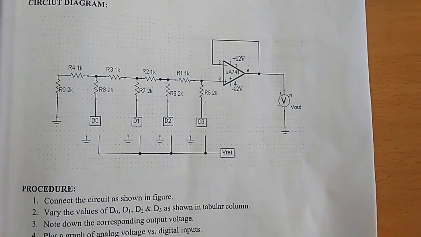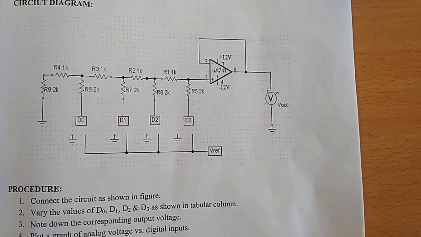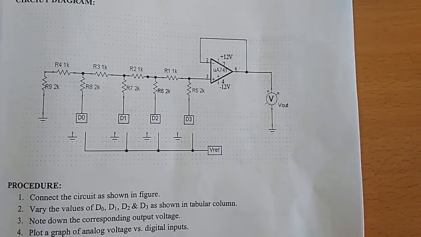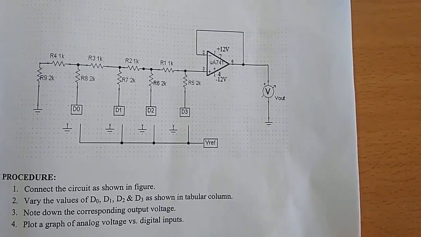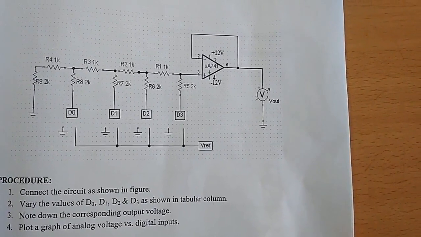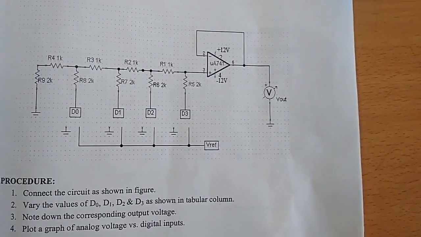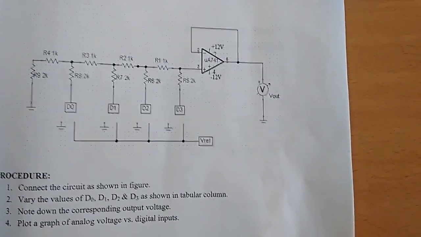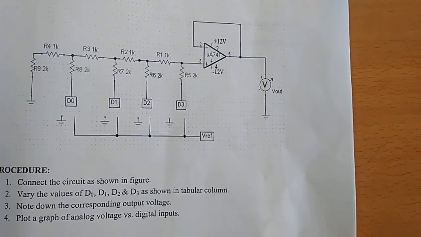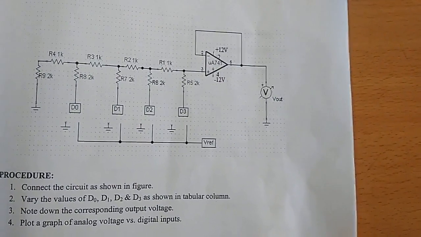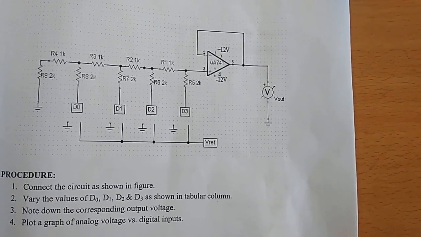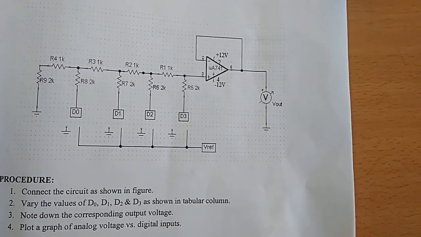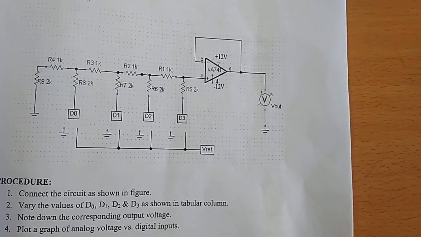D3, D2, D1, D0 are the switches through which I'm going to apply a digital input. I have taken a particular reference voltage here. If I connect the switch D3, D2, D1, D0 to the reference voltage, we are applying that reference voltage as the input, that means we are applying 1. If it is connected to ground, we are applying 0. So with 1 or 0 as the input, a 4-bit number as the input for the circuit, it will convert that into the equivalent analog output voltage, that we are measuring in the voltmeter Vout.